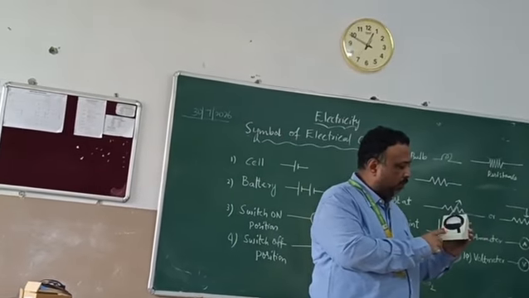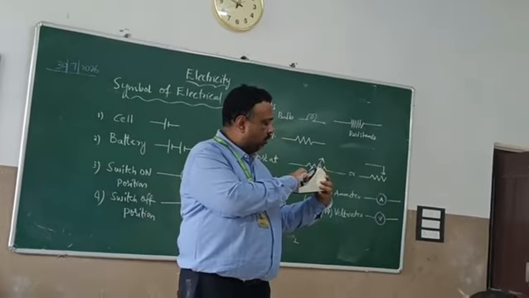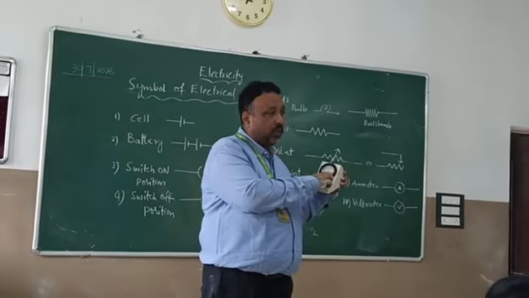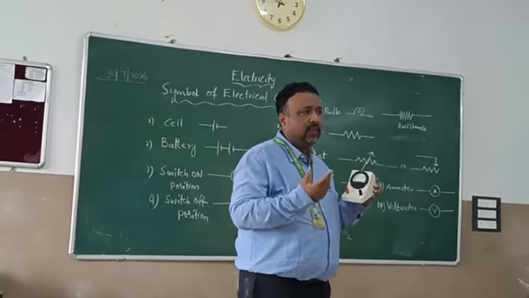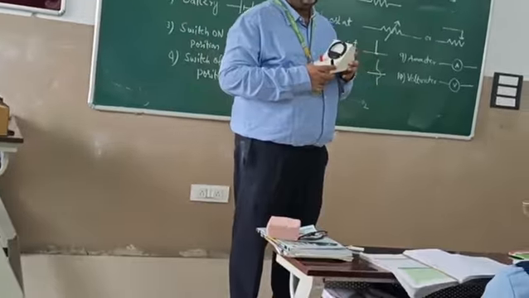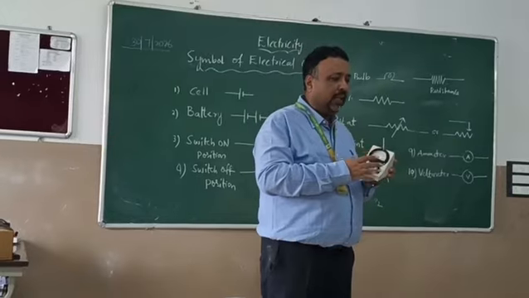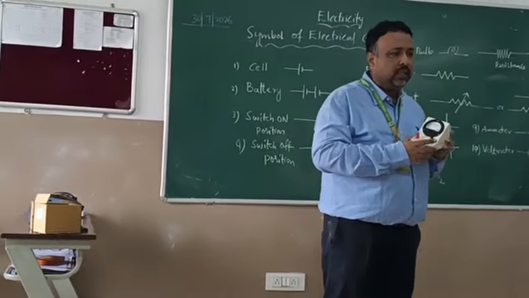Here you can check. This is a voltmeter. It also has some values here. The values go from 0 to 5 volts. It is not ampere, because every physical quantity has its own units. You cannot say current has 5 volts. You cannot say voltage has 5 ampere. There is no meaning, isn't it?